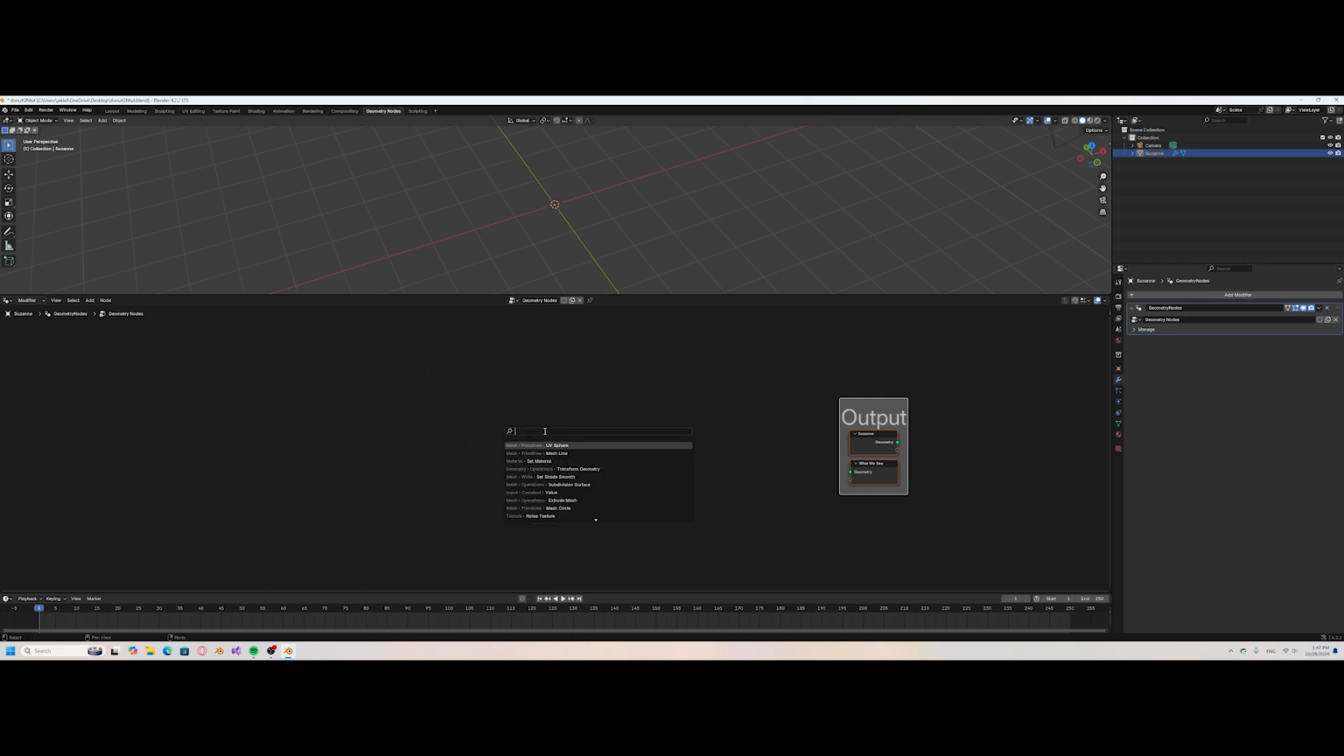I'm going to do pretty much everything by typing in search because it's quicker, especially when you know roughly what your node is called. You can just type in and get all the different options. So we're going to do a curve circle. And a curve is the same as a curve in the 3D viewport, where